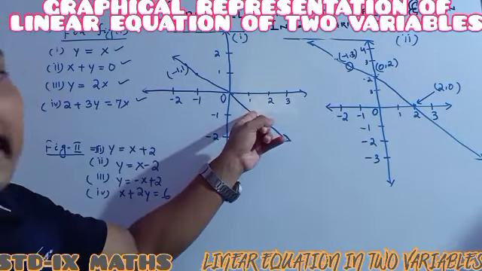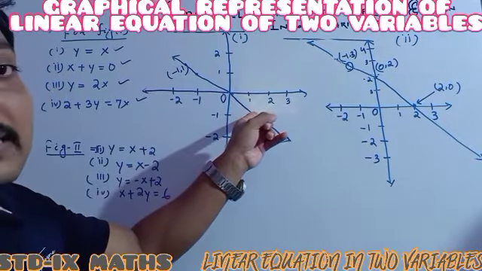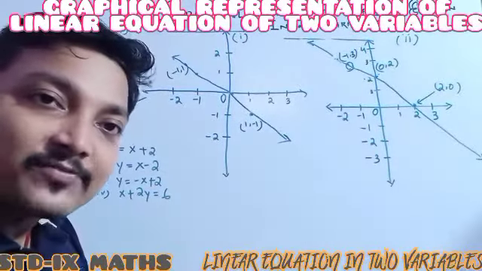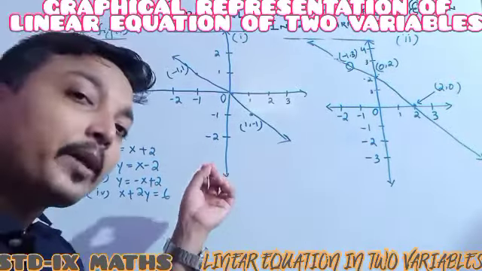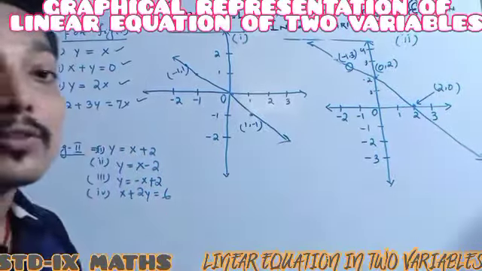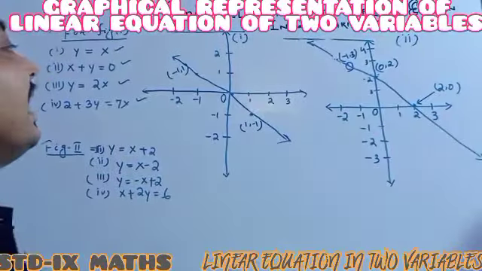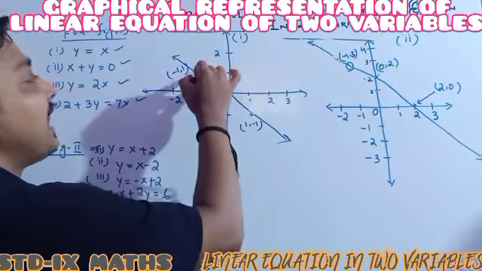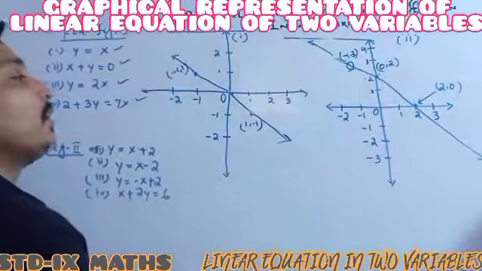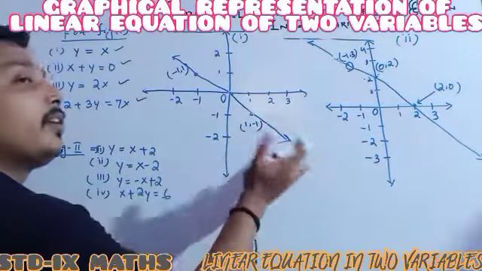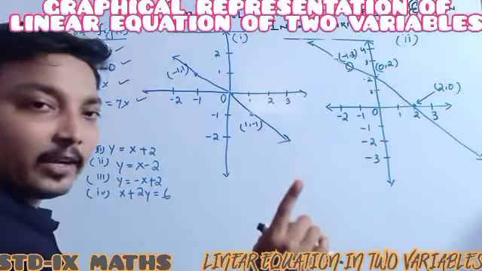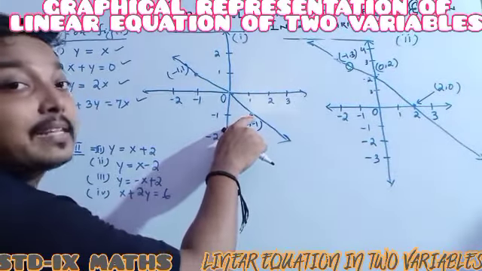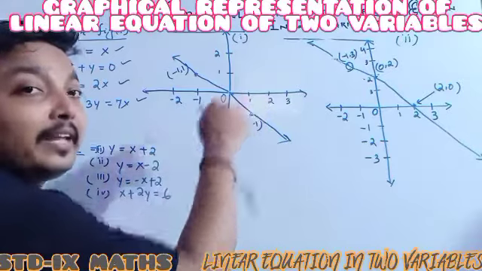Points lie on it means the points are the solution. Points are the solution means the points satisfy the equation on putting the values of x and y. So we will do the same checking. This is a point, this is another point, and there is one more. One thing known to you is that points that lie on a line are always solutions of the linear equation.